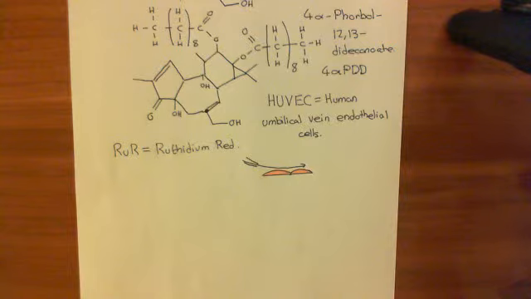in sensing shear stress. So far we've looked at this TRPV4 pathway where, if you get an increase in shear stress on the walls of the endothelial cells, that will activate the TRPV4 mechanoreceptor, which will then allow calcium to move into the cytoplasm of the endothelial cell through the TRPV4 channel. And that calcium will bind to calmodulin, and the calcium-calmodulin complexes will then activate the eNOS enzyme, which will start